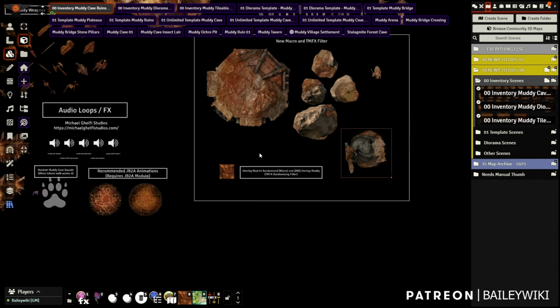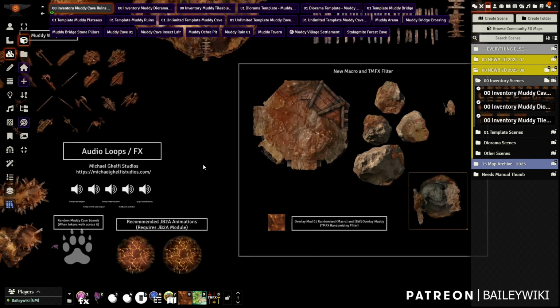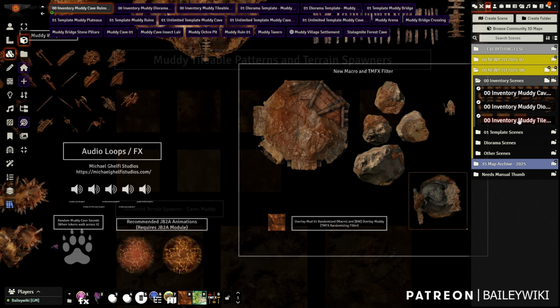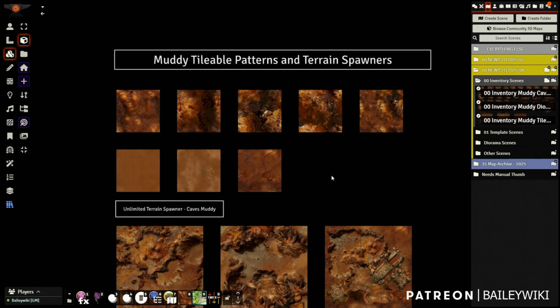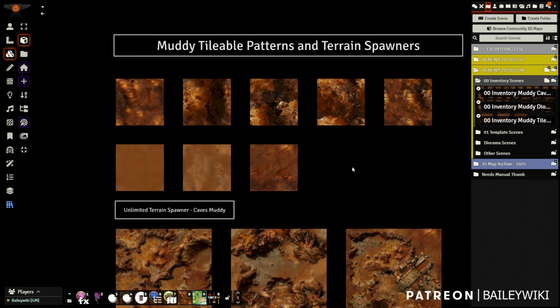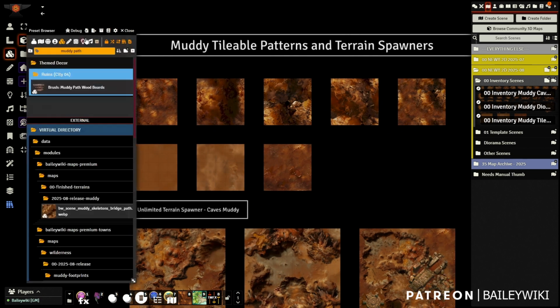This is just to help you use anything else in the library or anything else from other artists that you use to give them the same kind of mud effect and help merge them into one of these scenes that you might be building. We also have a lot of tileable patterns. These are going to be really helpful for you with the terrain spawners. When you drag the terrain spawner out,